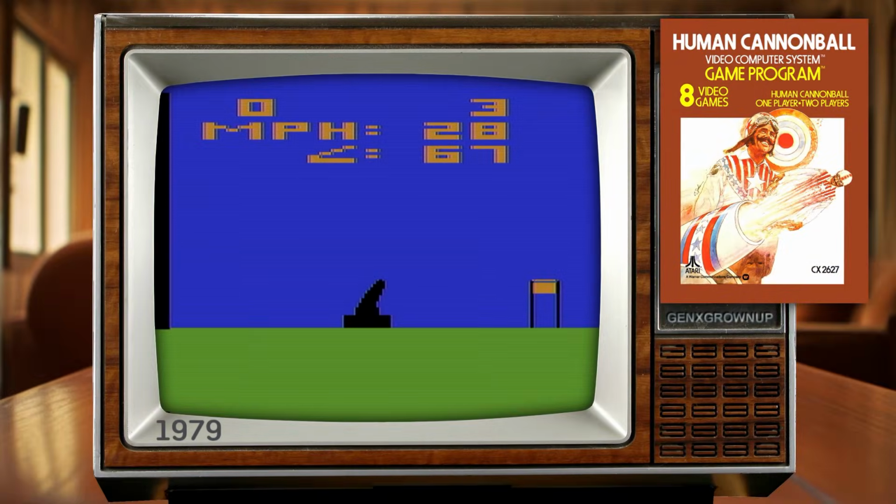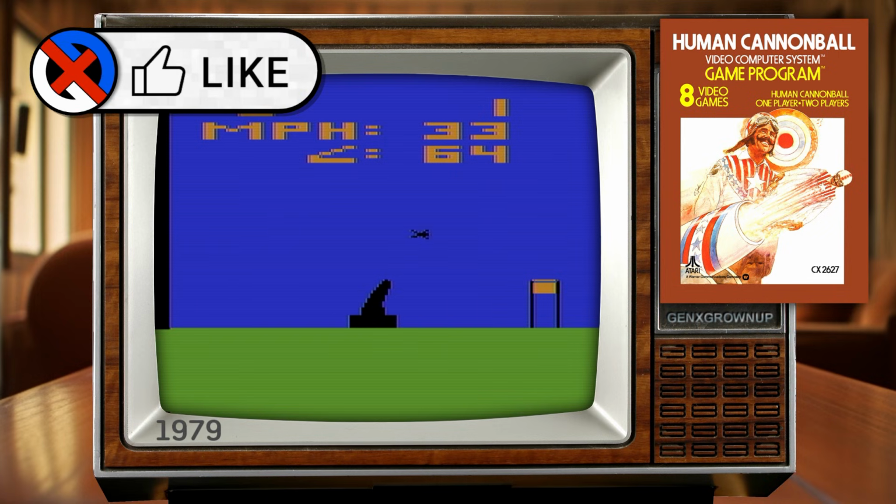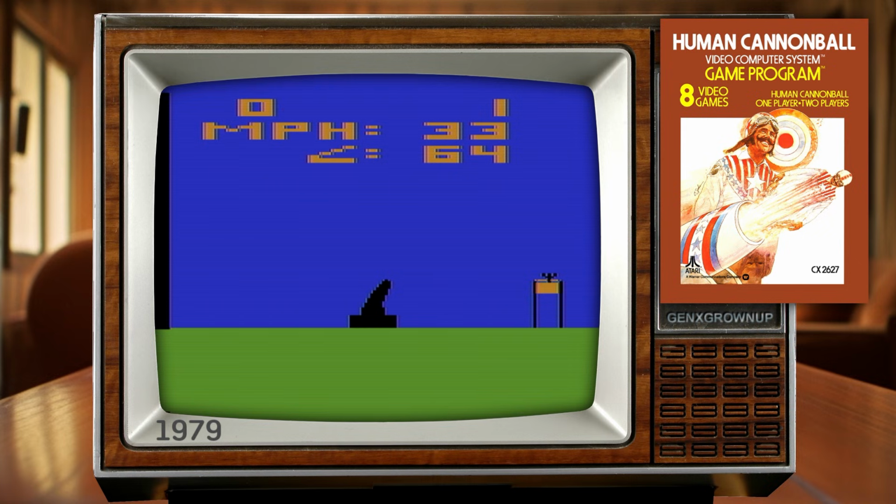Human Cannonball is exactly what it sounds like. Your goal is to fire your little stick figure from a cannon with the goal of landing him in a small water tower downrange. Using Game Select and the difficulty switches, you can play variants that allow you to modify speed, angle, distance, and the size of the water tower. Then, based on the game you chose, modify the available variables and then mash the button to send your little